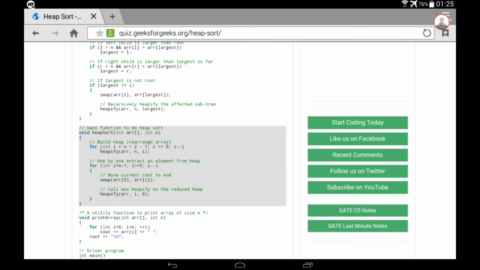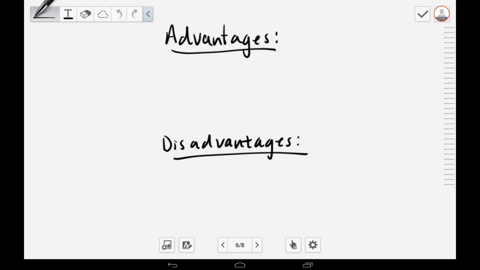So there you have it. So what I'll be talking about now is the advantages and disadvantages of heap sort. As you know, heap sort uses an array data structure. The worst case time complexity is the thing that we care about the most, and it is just O(n log n). That's the slowest the algorithm will run, which is much better than the worst case of